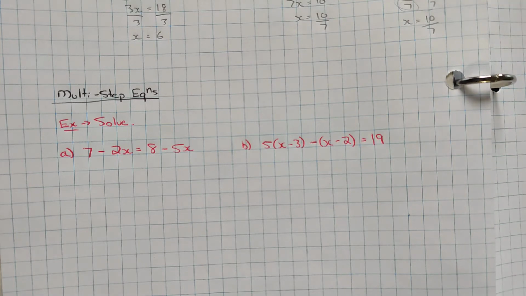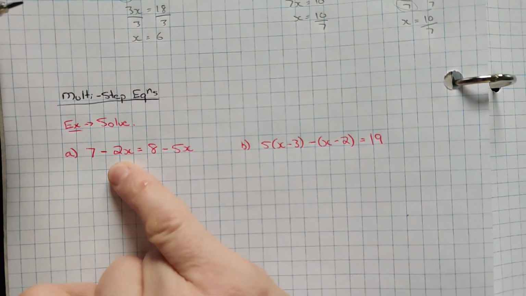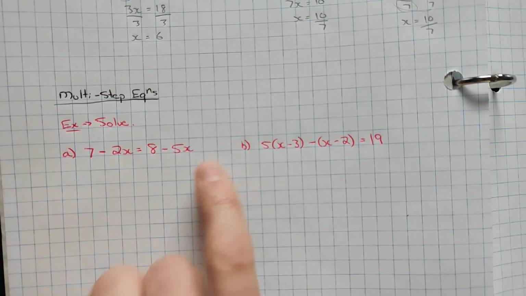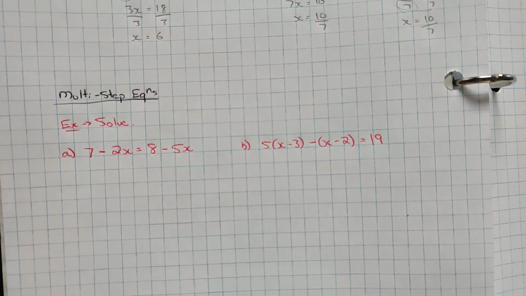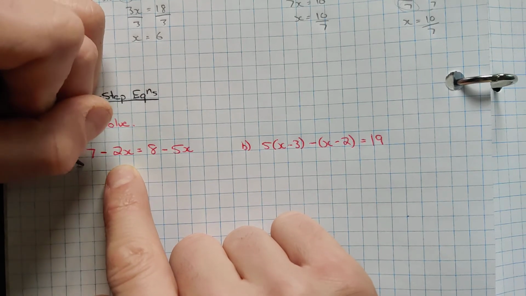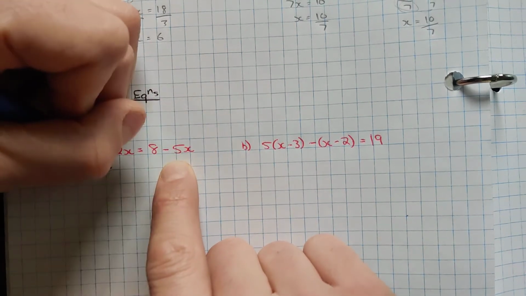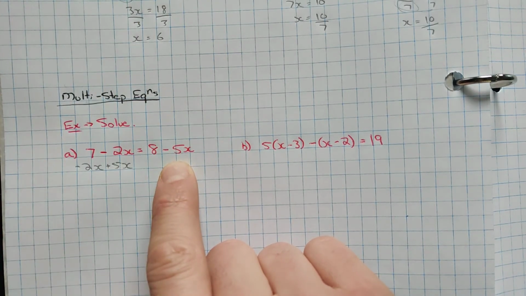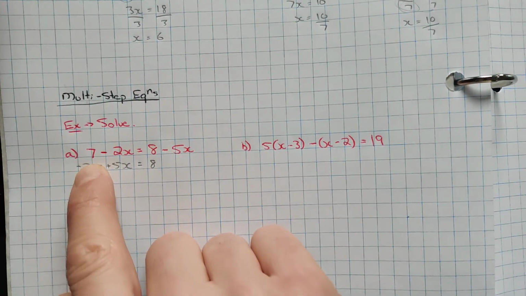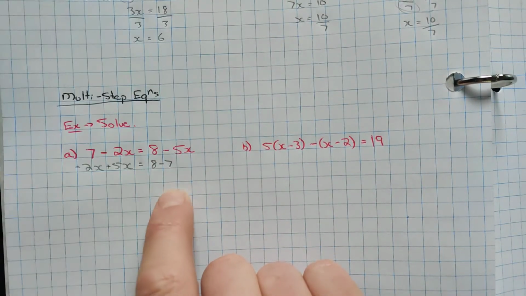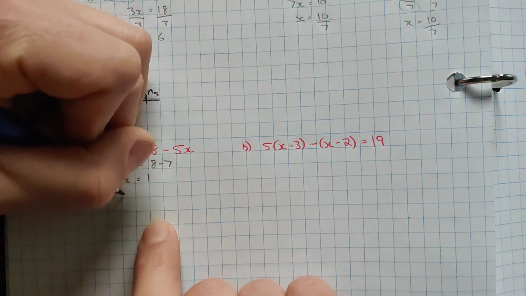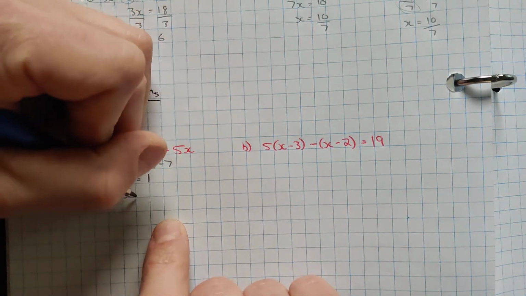I'm going to do 2 steps in one. I'm going to move the negative 5 over to this side, and then I'm going to move the 7 over to this side, all at the same time. So I'm just doing 2 steps at once. It allows us to write our equations a little shorter. So this would end up being negative 2x. This will be plus 5x on that side, and then this would be 8, and then the 7 would move over and become minus 7. This ends up giving us 3x equals 1, and then we divide both sides by 3,